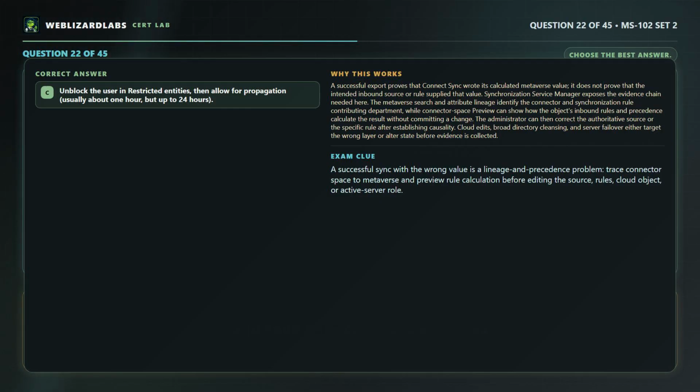The correct answer is C. Unblock the user in restricted entities, then allow for propagation, usually about 1 hour, but up to 24 hours. A successful export proves that Connect Sync wrote its calculated metaverse value. It does not prove that the intended inbound source or rule supplied that value. Synchronization Service Manager exposes the evidence chain needed here. The metaverse search and attribute lineage identify the connector and synchronization rule contributing department,